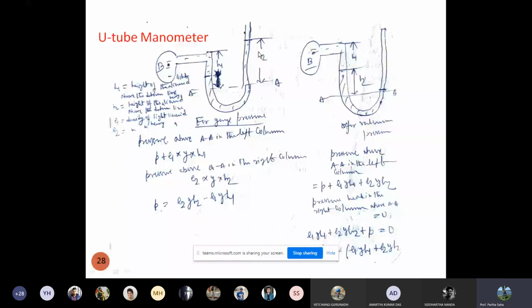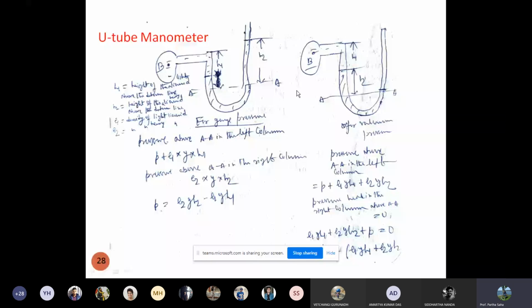Now, if it is a vacuum pressure, then the liquid is going to be depressed, so the liquid is going to rise. Actually, this line will be here. Okay, I think by mistake it has gone up. So this line will be here. This is my datum line. Okay, just make sure you look into it properly. I think I'll give you a better picture next class.